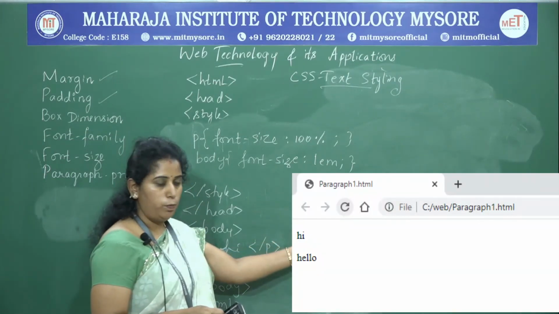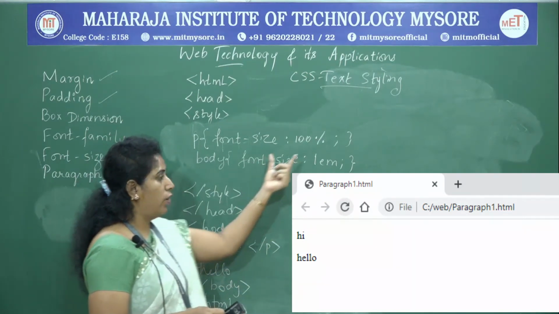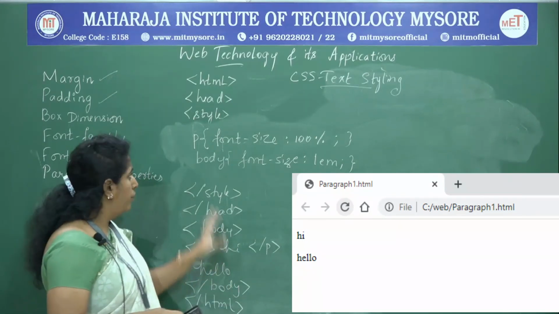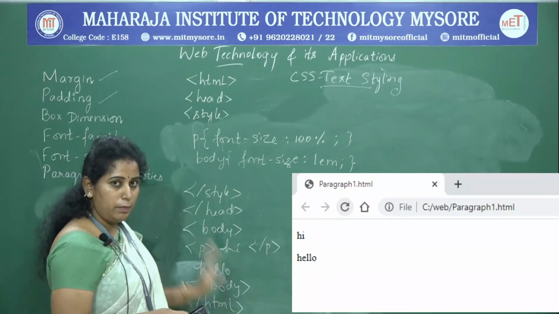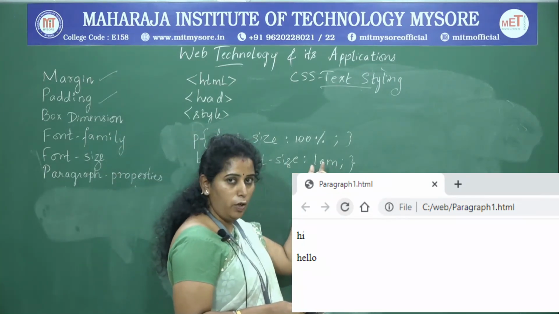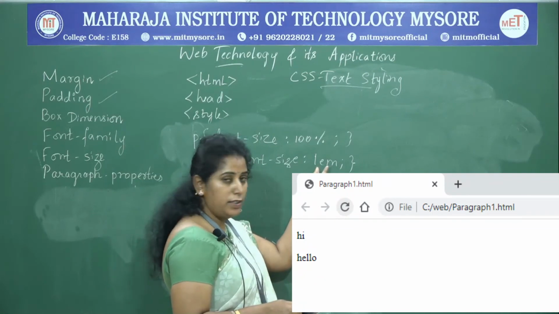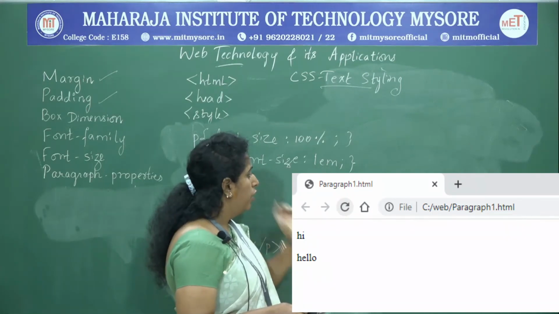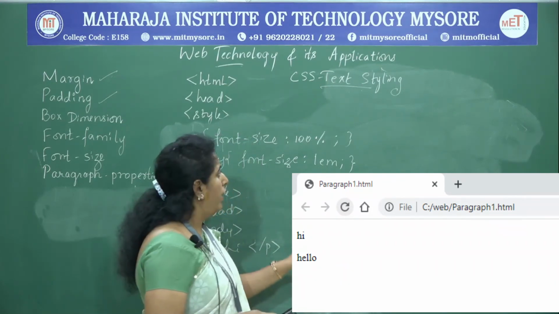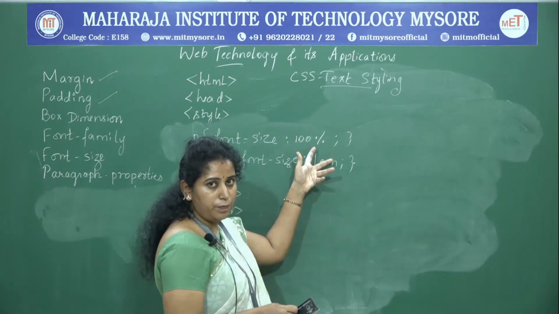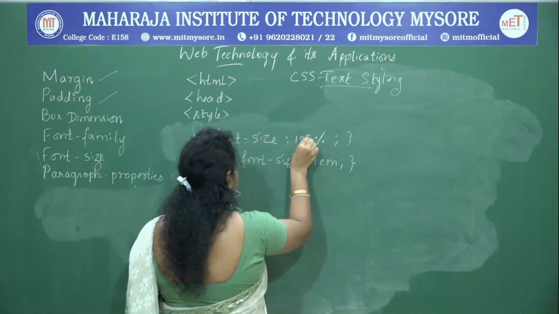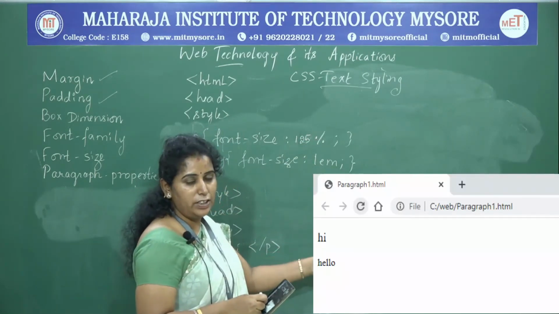Hi, you can notice the output. The Hi message is printed with the font size of 100%, whereas the hello message, it is not a paragraph, it is inside a body, simple as a message. It is printed with a font size of 1 em. Em is a different unit of measure, right? Now you can look into the output where the font sizes are the same. Why? Because they are equivalent. If I vary it to 125%, this time you can notice there is a change in the font